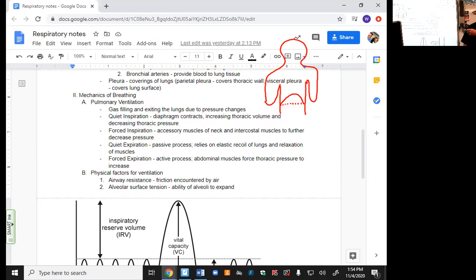Emphysema is when the old lady shows up at the doctor's office. I'm going to take my mask off for a second to demonstrate this. Old lady shows up at the doctor's office and says, I can't ever catch my breath. And you see her sitting in the corner like this. What she's doing is making a very, very small hole with her lips, or his lips, not picking on any woman here. What you're doing is creating back pressure into your lungs and forcing your lungs to bounce, even though they don't want to. So that loss of quiet expiration is big.